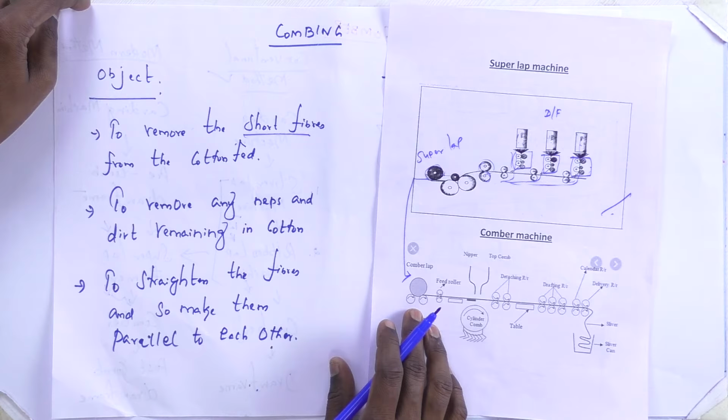The capability of yarn production, or the quality of yarn, depends upon the amount of short fibers present in the material. The short fibers definitely create a lot of problems in spinning machines and also in drafting. These short fibers create drafting waves which produce thick and thin places. So automatically the final yarn quality becomes inferior because of the short fibers. So the combing machine, the comber, is used to remove the short fibers present in the feed material.